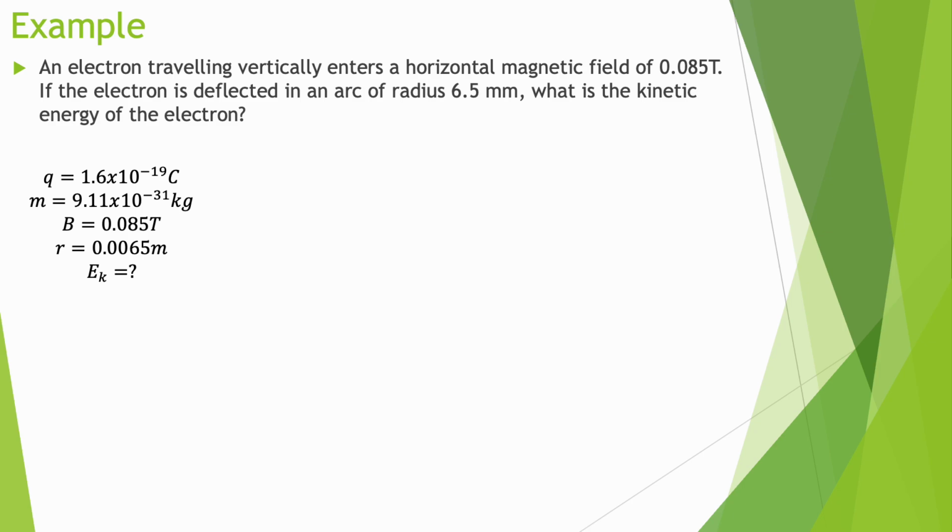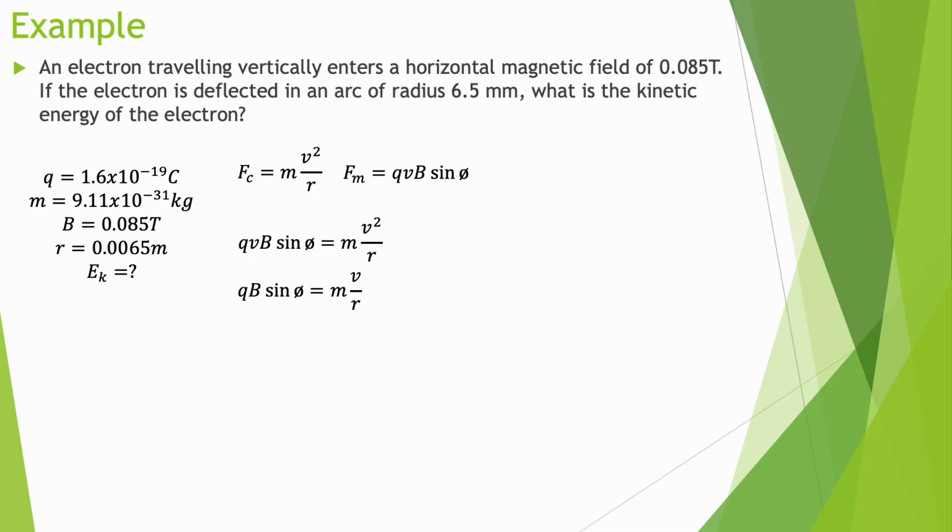Now once again, we have it being deflected by an arc of radius 6.5 millimeters, which means we have centripetal force. So we know we've got force centripetal is mv squared over r, and we know that the force that's causing that is a magnetic force, which is qvb sine theta. So those will equal each other. We can cancel out a v on both sides,